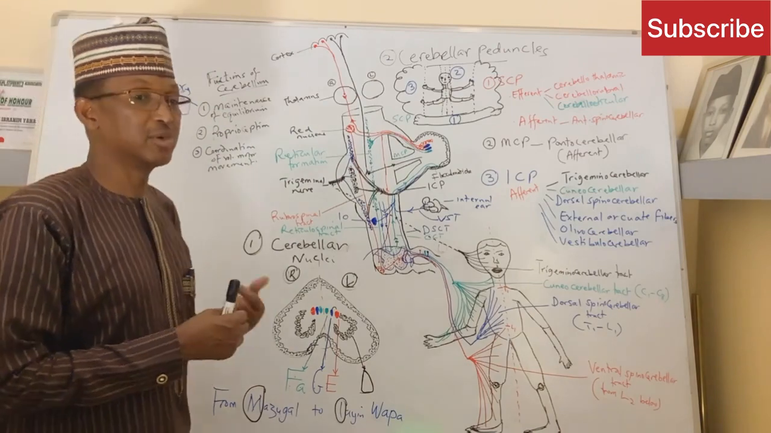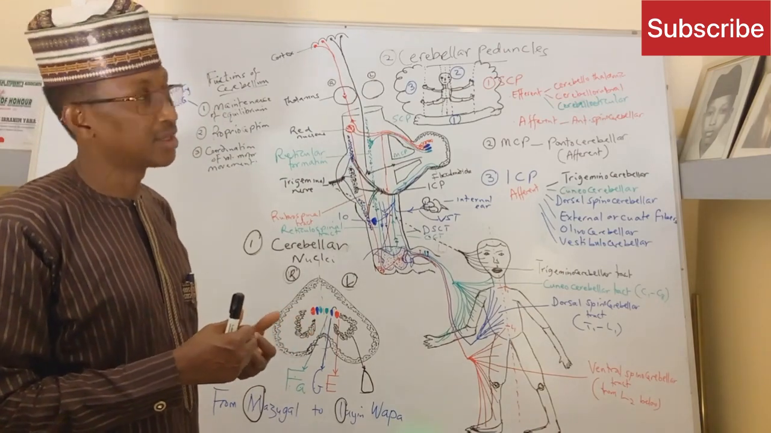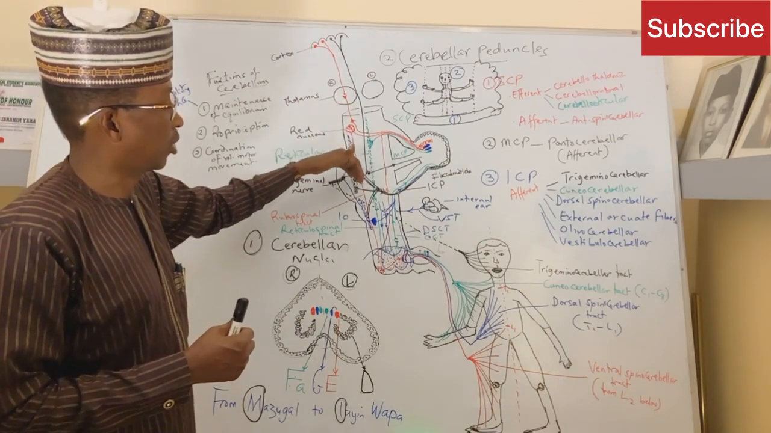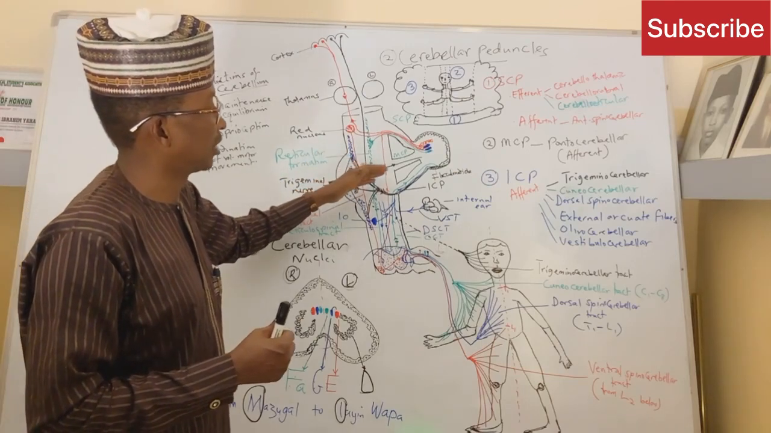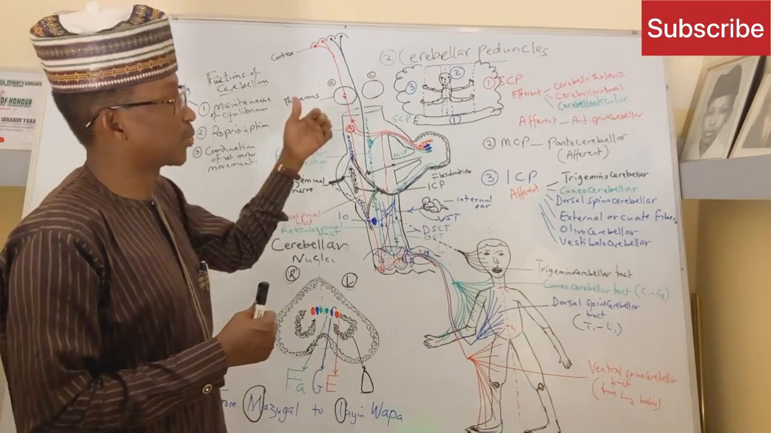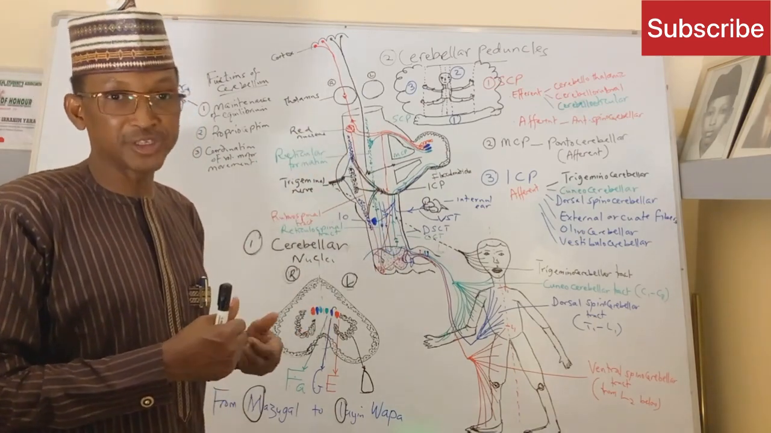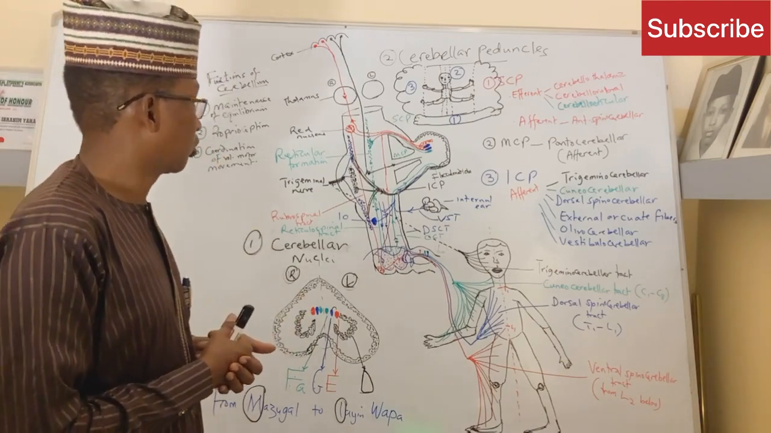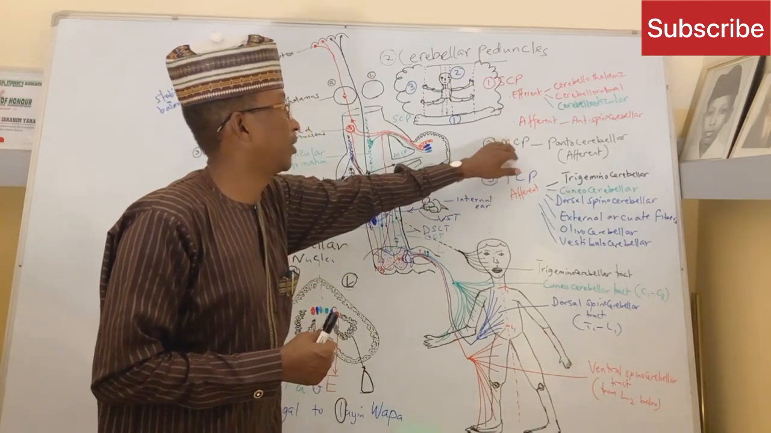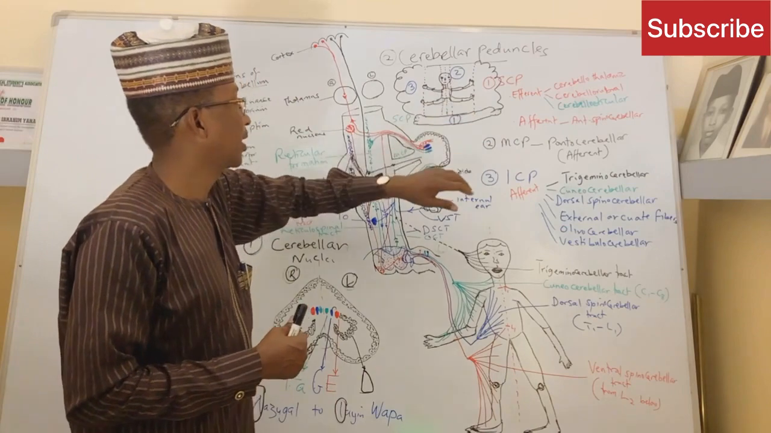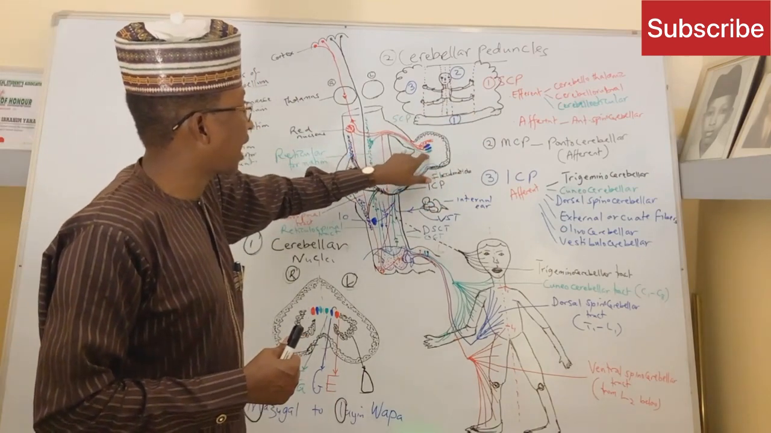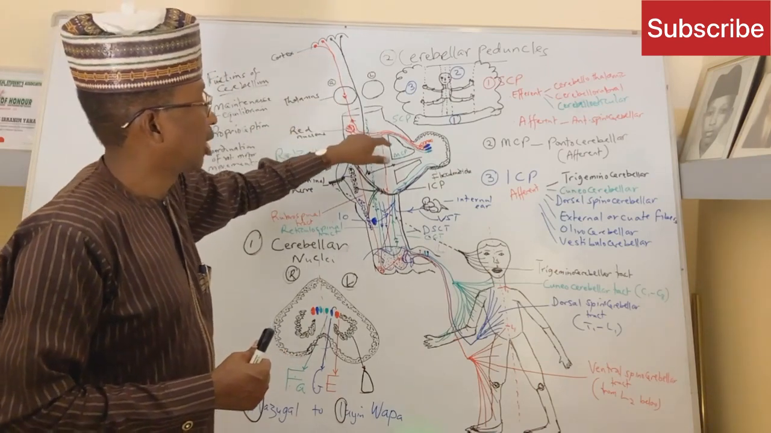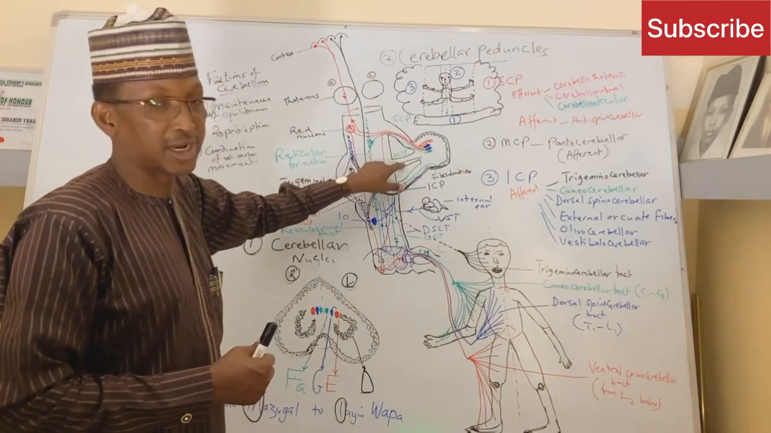Because at any given time, if somebody wants to make a movement, the planning of the motor movement comes through the cerebral cortex to the pons, and from the pons, the information now passes to the cerebellum, so that the cerebellum will see what is the actual or precise motor movement that is going to be executed without having any problem. So that is the middle cerebellar peduncle. For the superior cerebellar peduncle, after information for motor planning comes from the cerebral cortex to the cerebellum through the middle cerebellar peduncle,